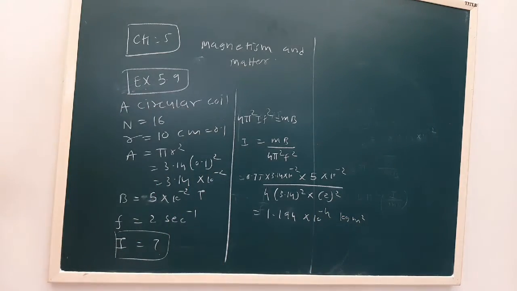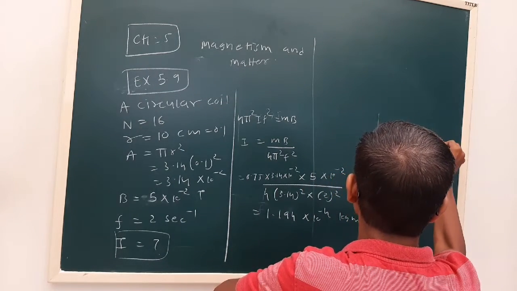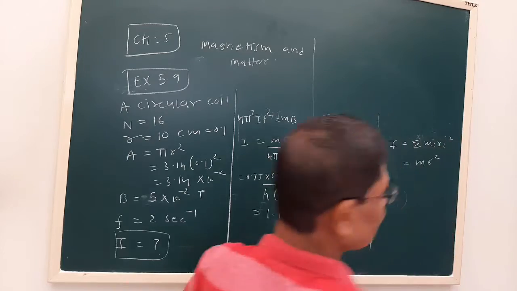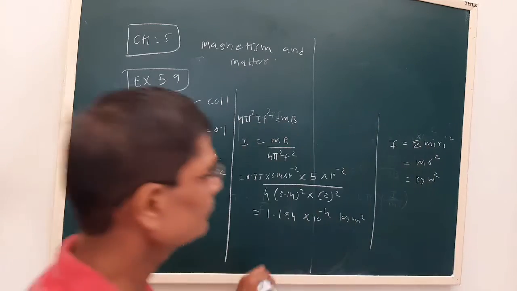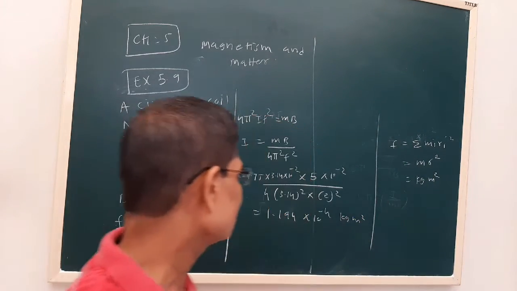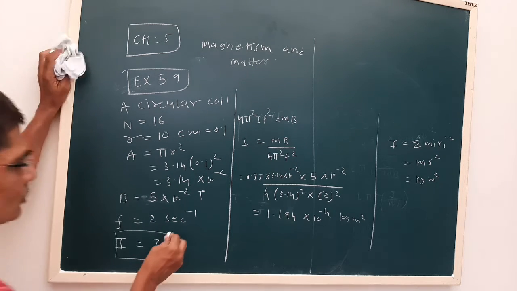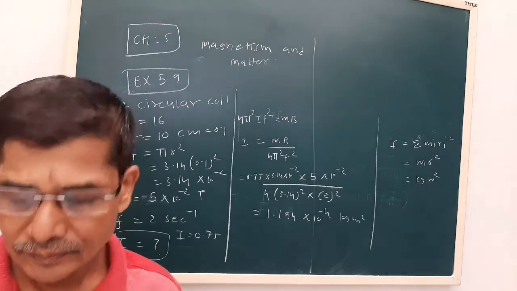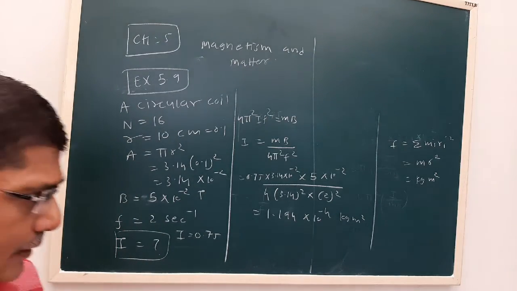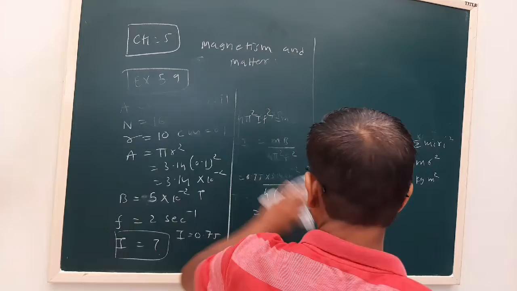Remember the unit of moment of inertia. We used the formula I is equal to sigma m_i r_i square, or sigma m r square. That is a simple formula. Mass is in kg, distance is in meter, so the unit of moment of inertia is kg meter square. So here number of turns are given, radius is given, area, current is also given. By using the formula for the oscillation of a magnetic dipole in a uniform magnetic field, we can find out the moment of inertia. That is nothing but exercise sum number 5.9. Now we proceed further.